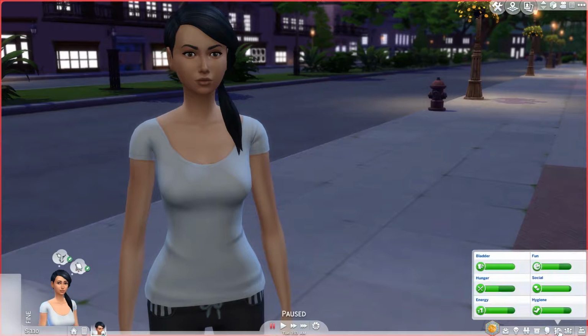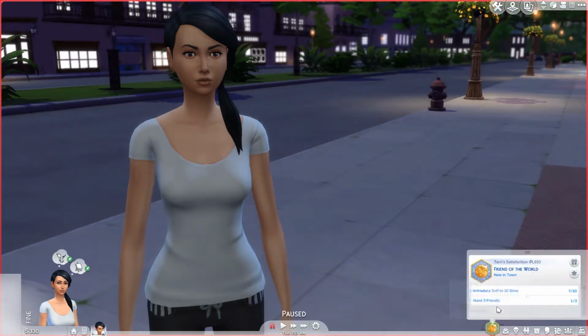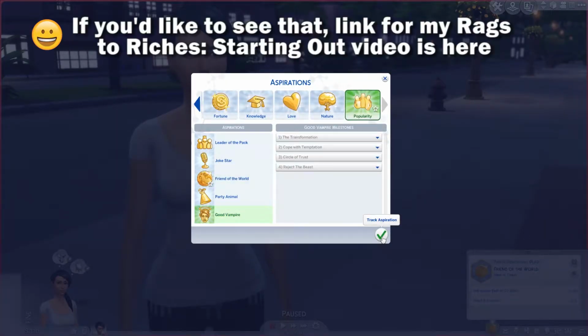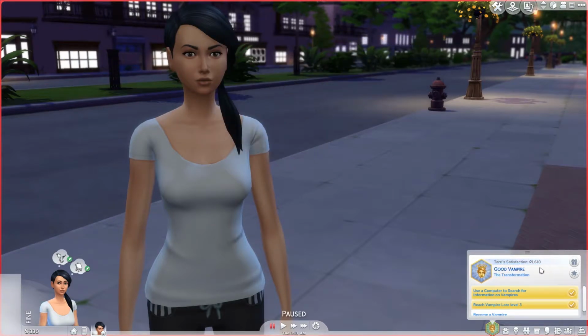She originally started out with a muser trait, and she got that from doing the painter extraordinaire aspiration. And I have been working slowly on the friend of the world aspiration. I got some points because I have the vampire pack from a good vampire. That's why she has most of her points, because she used the computer to search for information on vampires, which